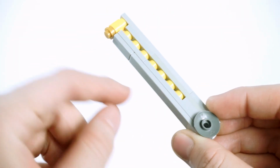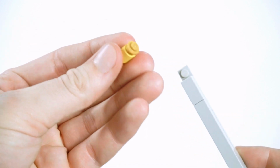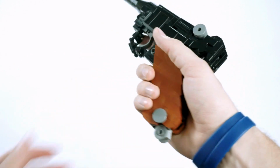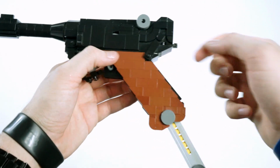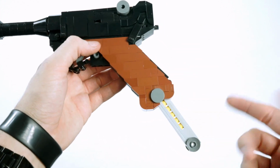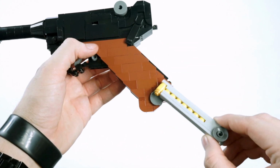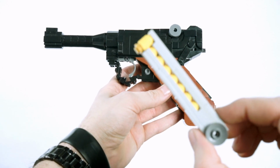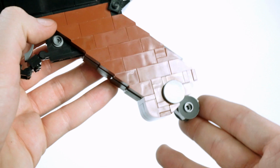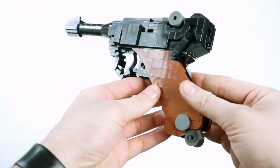I mean, these bullets are like the size of a .22. But there is a reason this is the way it is, and anybody who's ever tried to build their own Lego Luger will know this too. It's pretty difficult to try and make a full-size mag that's flush with the rest of the grip and also doesn't look like trash, so I made mine like this, which technically is supposed to be a smaller scale version of the original magazine design,